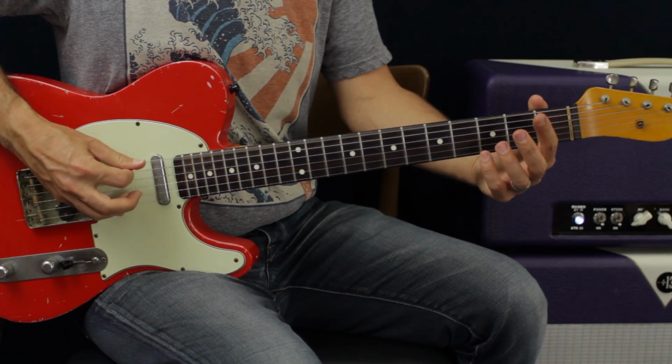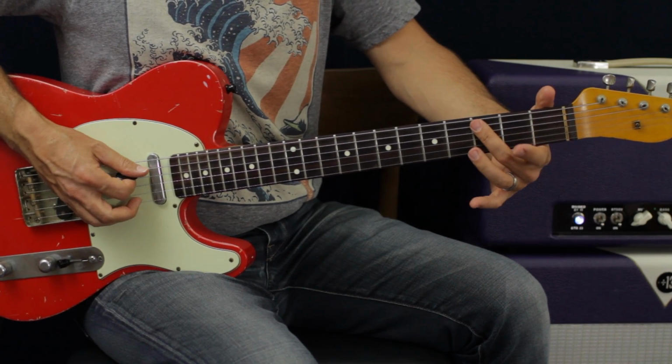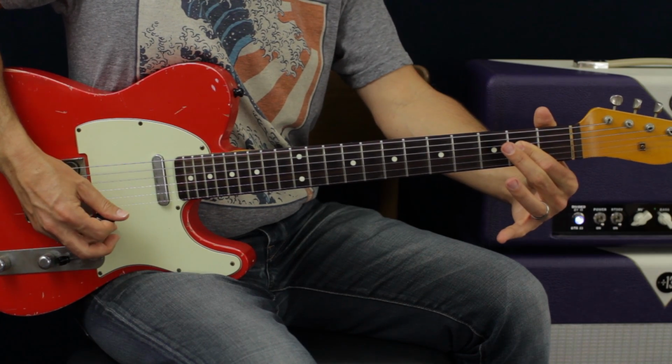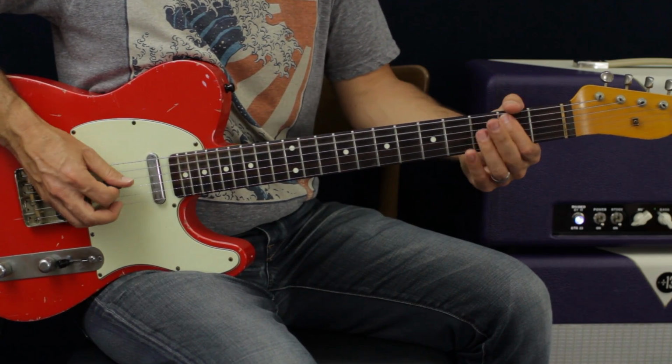Okay, so we got... Oh, sorry, D chord. And then walk 3 to 2 on the A again. Right, so it's the same thing where we're using one string. Before it was 2 and 4, now it's 2 and 3 on the A. So we got D,